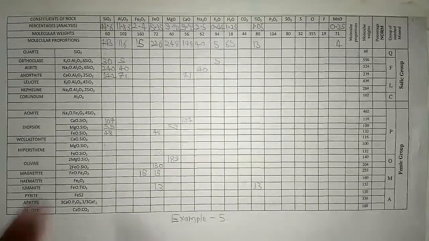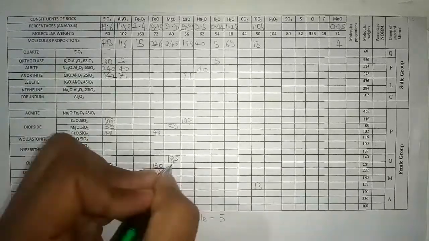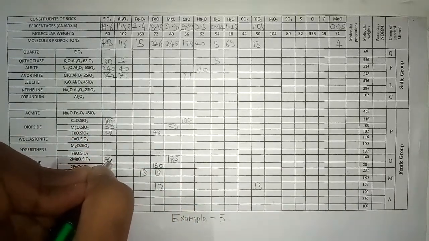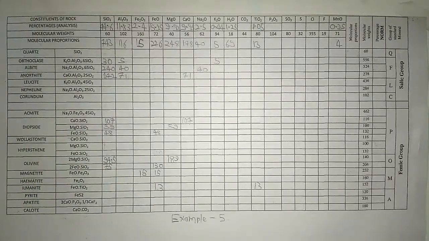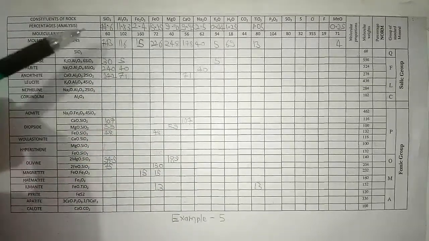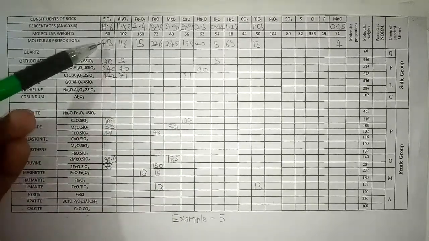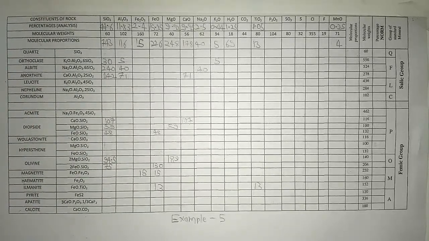So here the ratio is 2:1. So if it is 150, then it is only 75 SiO2, and if 189, then it is nearly 94.5. Now we will calculate its sum, because Al2O3, Fe2O3 and everything are used. We only have to check whether it is equal to the sum of 743 or not. Because I told you in part 4, when there is a silica deficient rock, you have to follow a procedure.